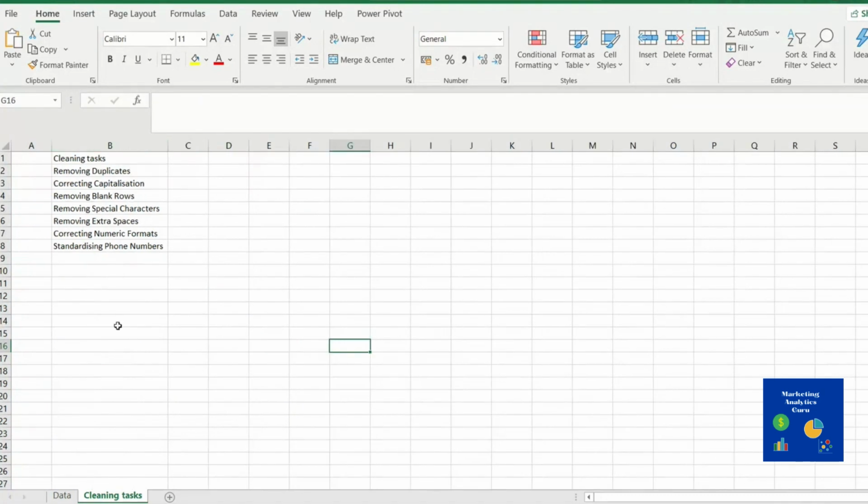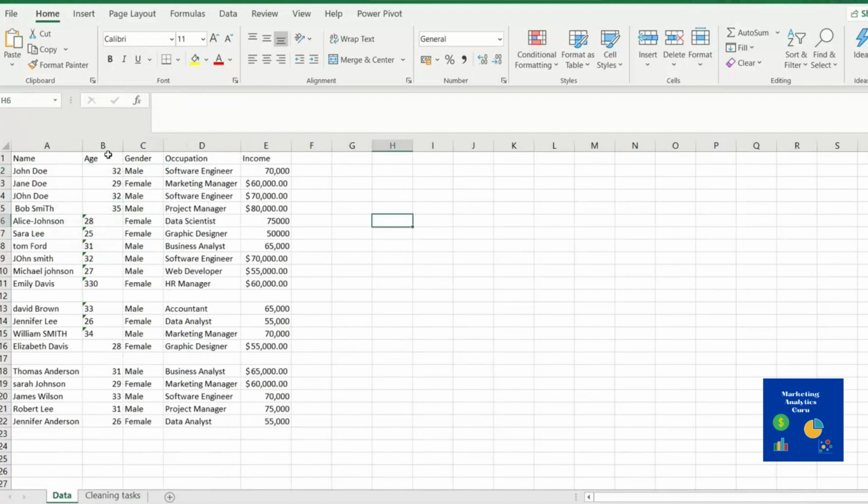Here we would probably first have to look at whether there are duplicates in the data, and how we quickly check for duplicates in the data using Excel. When you go back to the data, you first have to think which column would have unique variables or unique fields. So could it be the name? Yes, name would be the first go-to place to check if something is a duplicate, because in this type of data, different people can have the same age, the same gender, the same occupation, or the same amount,